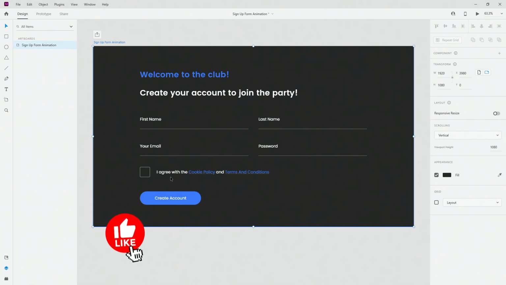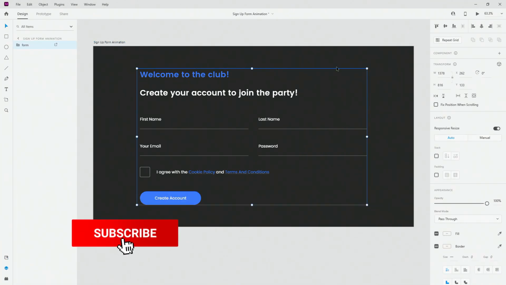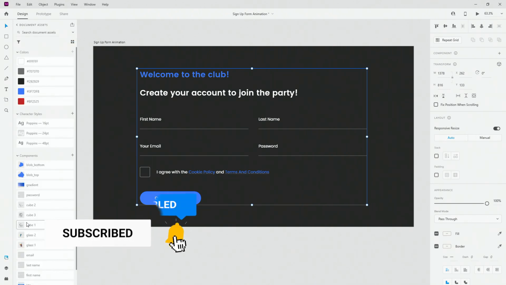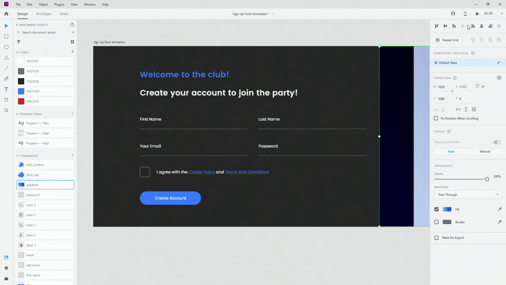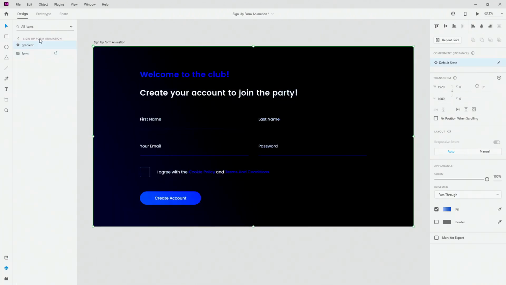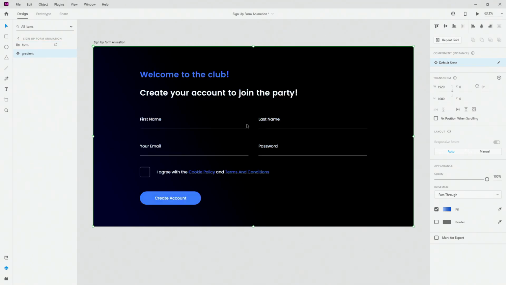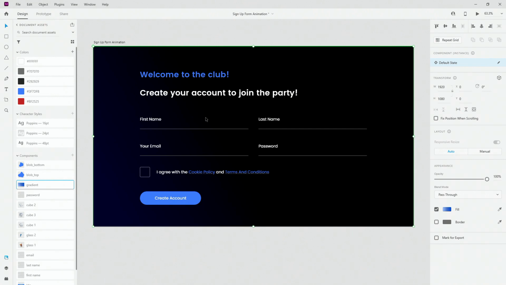To get started, what I'm going to do is simply put a background right here, and to do that I simply created this gradient background. I'm going to drag and drop it inside just to save myself a bit of time. Then I'm going to position it just behind my form. As I said, it contains just this simple gradient, and you can create a gradient however you want it to